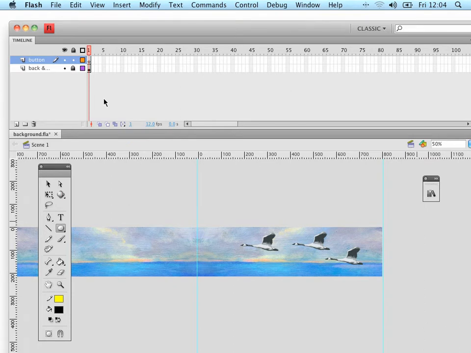For this third part of the exercise, I'm going to make the button required that we'll then add the action script to in our fourth and final part. So for this point then, I've created a new layer and I've called it button. Our background and swan sit on the bottom layer here,